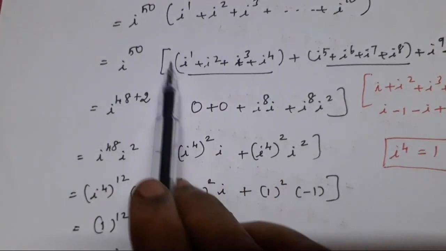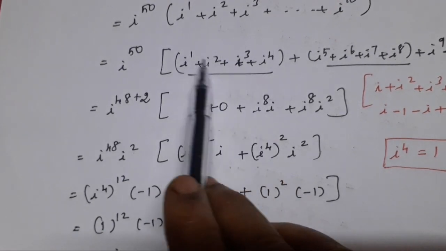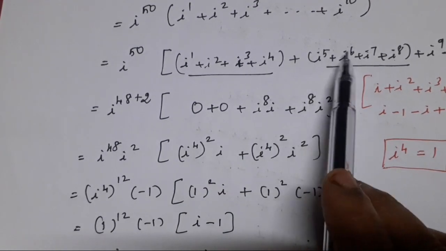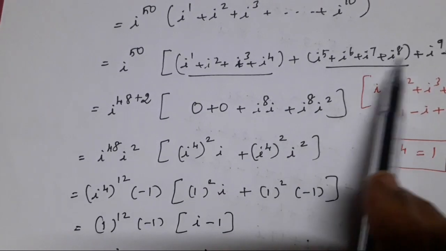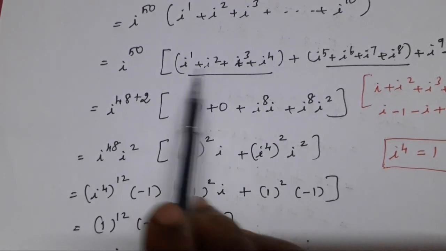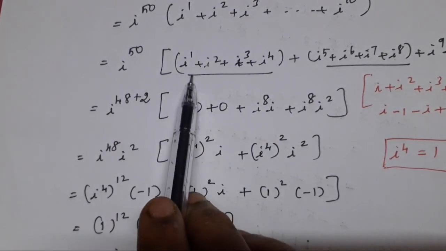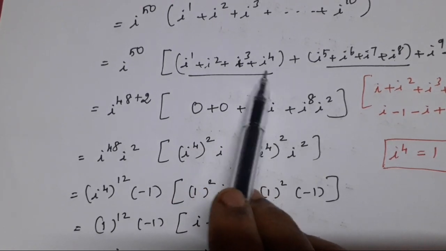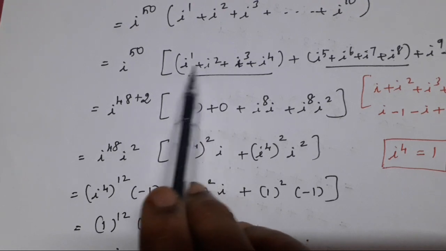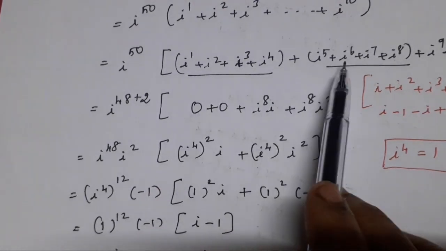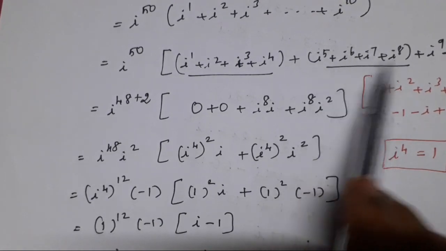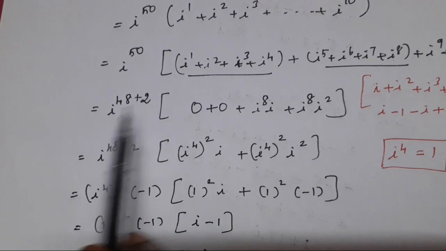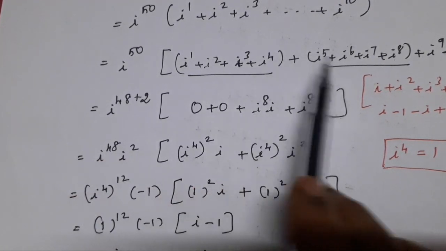Keep it in mind: the summation of the first 4 terms becomes 0. See, summation means i power 1, i power 2, i power 3, i power 4. Similarly i power 5, i power 6. The continuous summation of 4 terms always becomes 0. We already studied this in the last sum: i power 1, i power 2 is i, minus 1, minus i, and the i power 4 plus 1 cancels, so we get 0. Whatever the number you work out, the summation of 4 terms always is 0 starting from the power of 5. So this value becomes 0. The second bracket is fully 0.